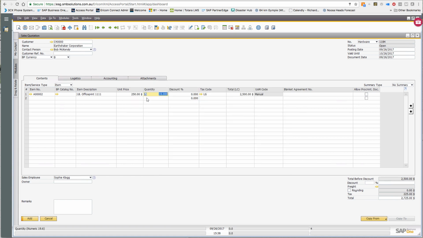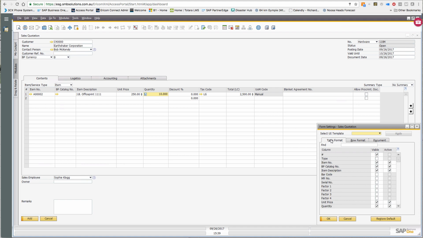Now you might be looking at this screen and thinking, hang on, what about all my other warehouses? Can I see how much stock I've got in each of my warehouses and what my available quantity is? So yes, you can. What you need to do is make sure that the warehouse field is showing. So how would you fix that? Come up here